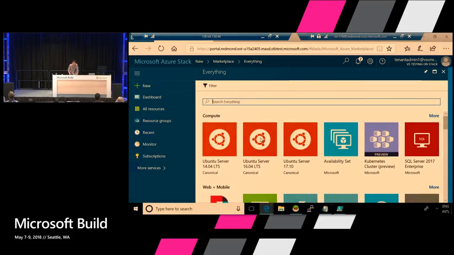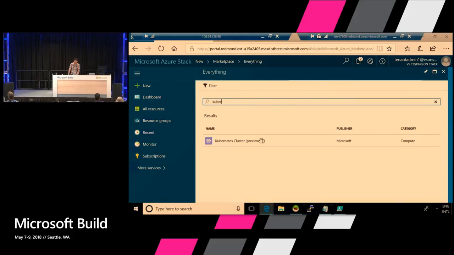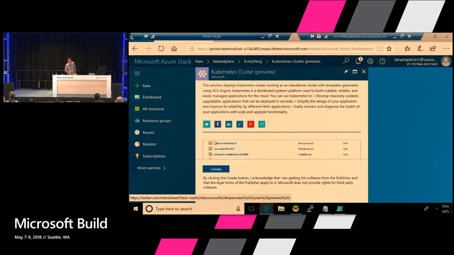Also, when we talk about hybrid solutions, I cannot miss one of the announcements we made yesterday. We have a marketplace item that creates a Kubernetes cluster, which is in preview. That was announced, I'm sorry, yesterday.